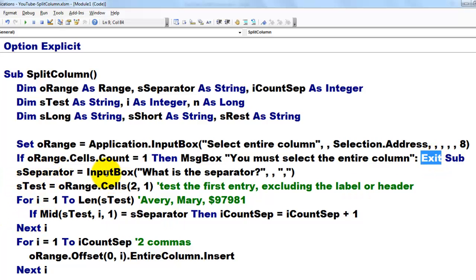Then we ask with another input box, what is your separator? I use by default a comma, but you just put in there what you usually have as a separator. And you can still change it, for this is just the default value. Then we are going to check in that O range the first cell down, which is in row 2 and 1, because there is probably a label or a header. If not, adjust that code, store that in stest,